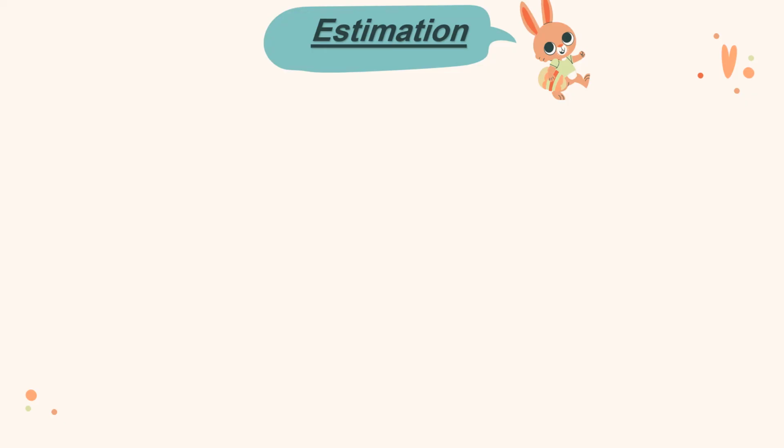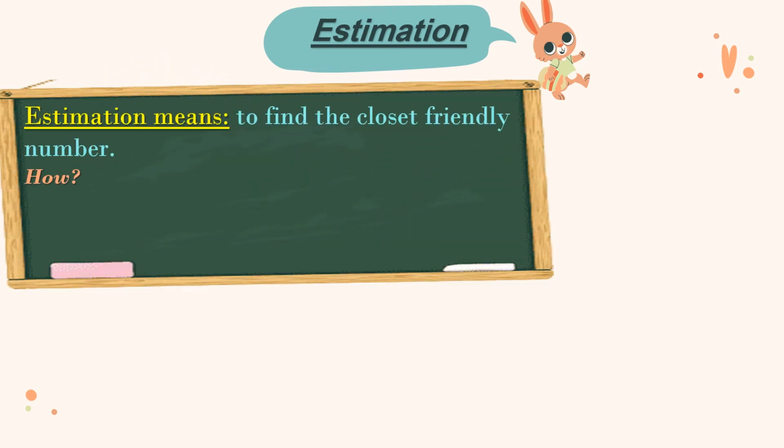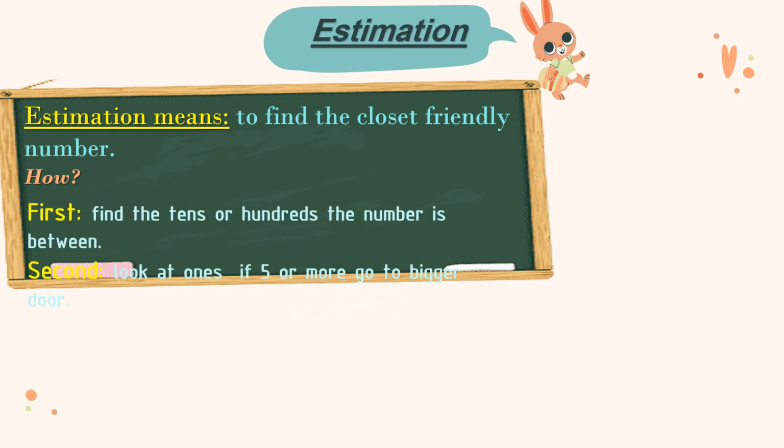Now let's move to estimation. Estimation means to find the closest friendly number. How? First step, find the tens or hundreds the number is between. Second step, look at ones. If 5 or more, go to the bigger door. For example,